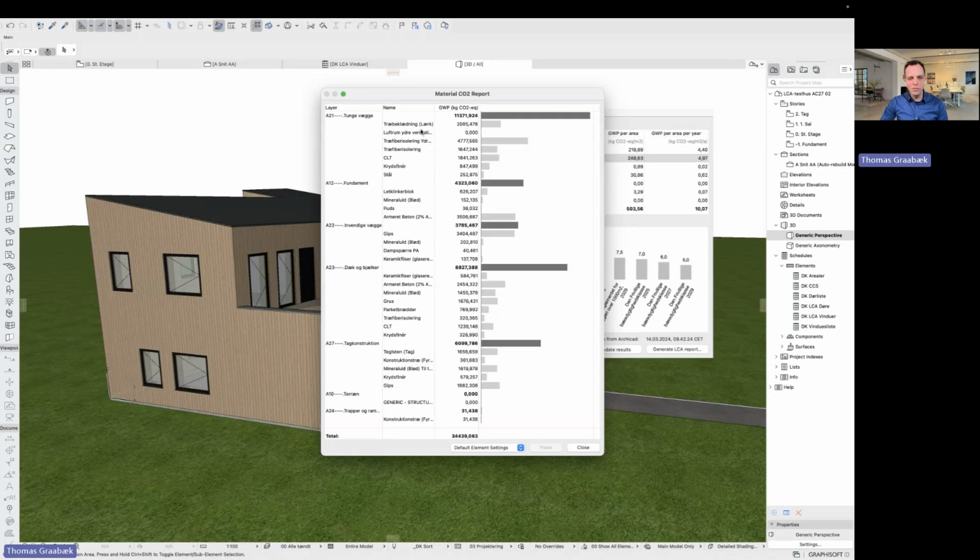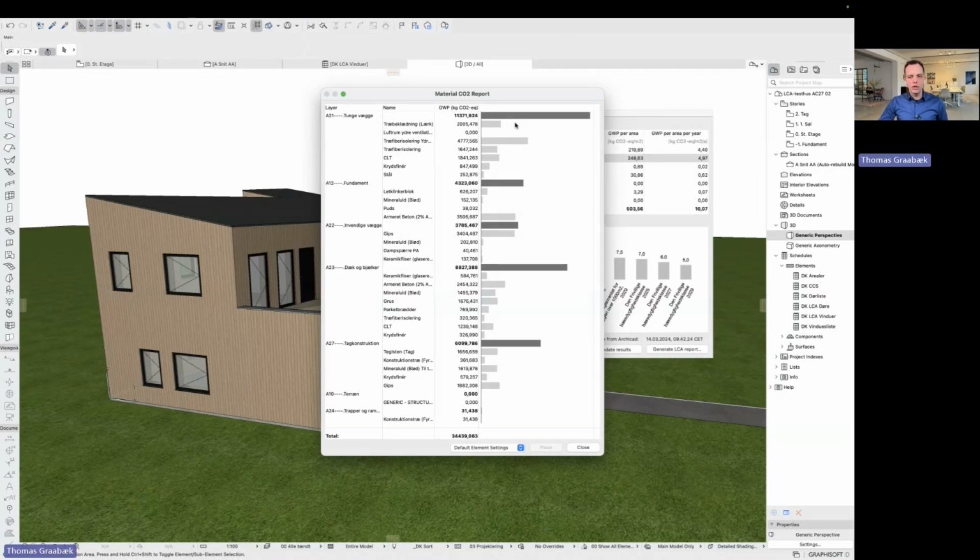And then I can see all my materials, building materials, on each layer. And that's super clever because let's say I have some concrete in my foundation. I don't want to change that necessarily. I might want to change concrete on some other walls or slabs, but not in my foundation. So therefore, it's really nice that I have them divided by layer.